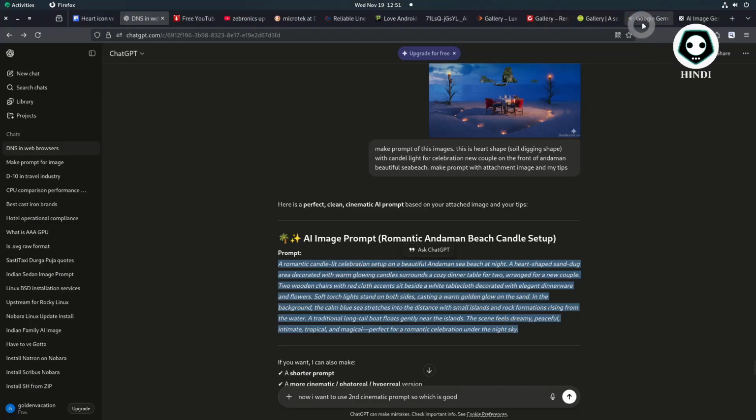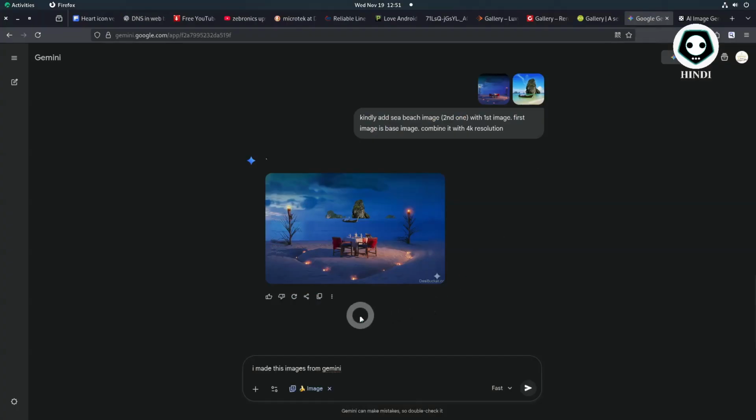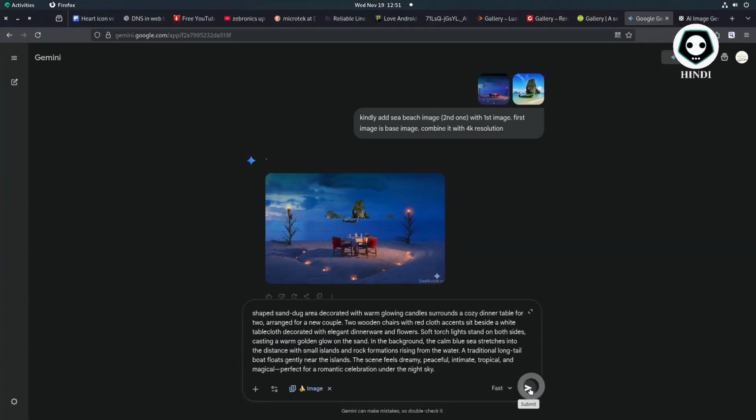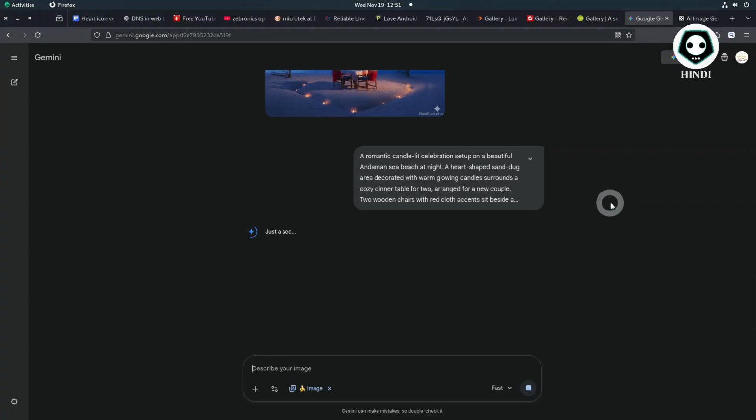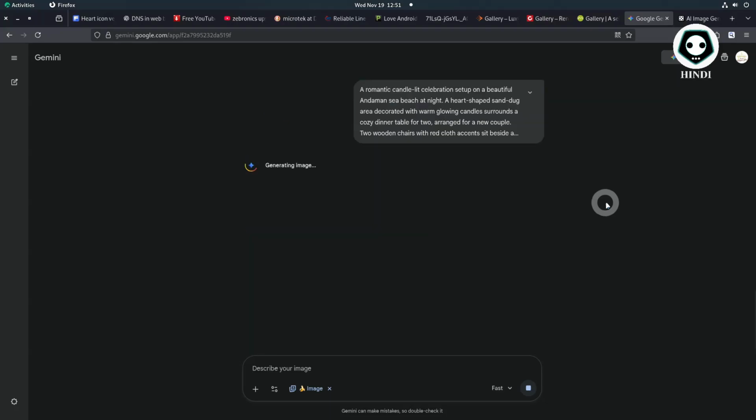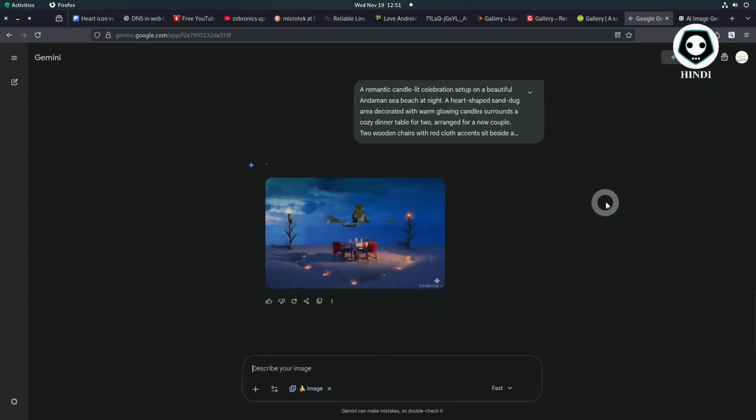You can see here, the same second prompt. Just copy this prompt and go to Google Gemini and paste it here and hit the enter button. I want to see what result Gemini gives us. This is the main tutorial. You can see here. I think this is the first prompt.